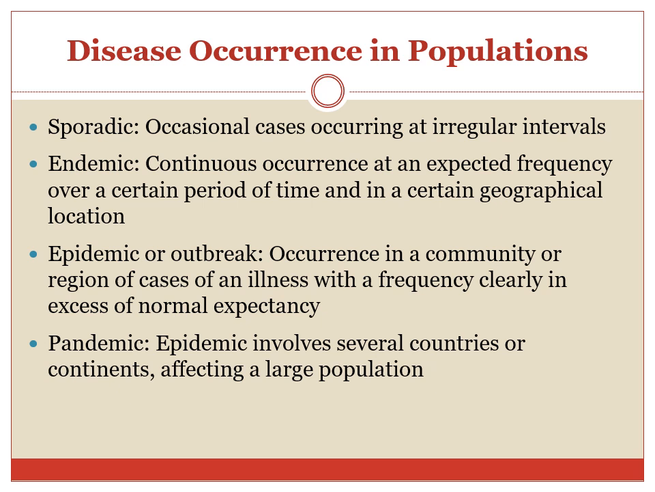So let's first talk about disease occurrence in population. There are different ways of describing disease occurrence. It could be what we call sporadic, which means that there are occasional cases occurring at irregular intervals. Here and there, the disease is popping up. It can be endemic, meaning that there is always a baseline number of cases, a continuous occurrence at an expected frequency, a baseline number of cases that is occurring at all times, and this is what we call the endemic